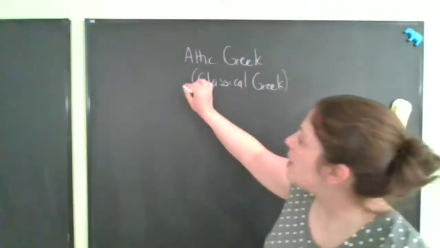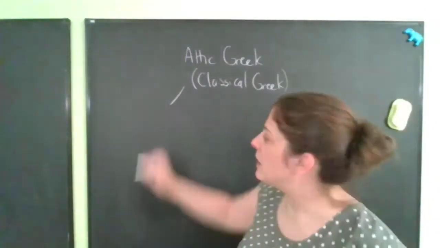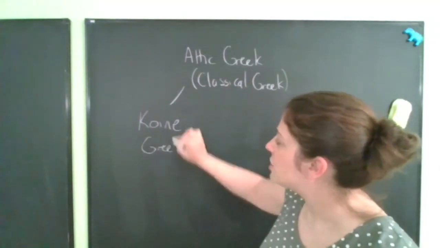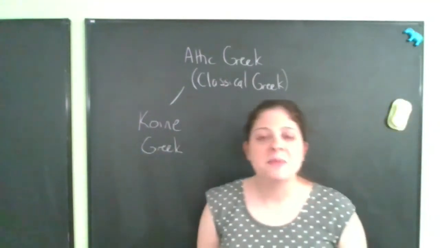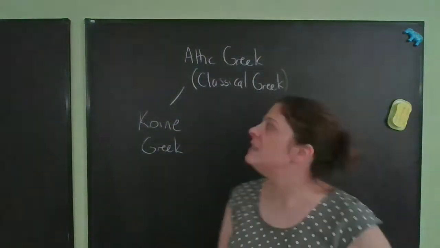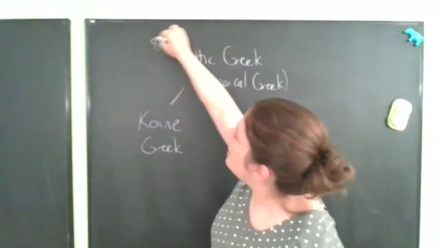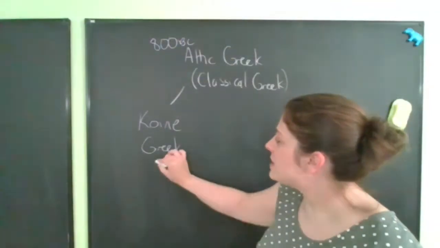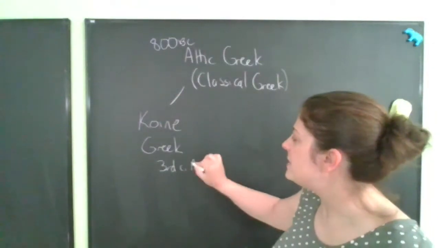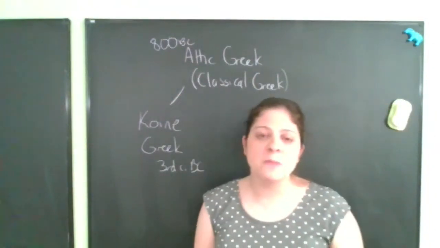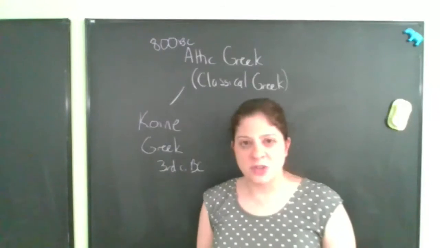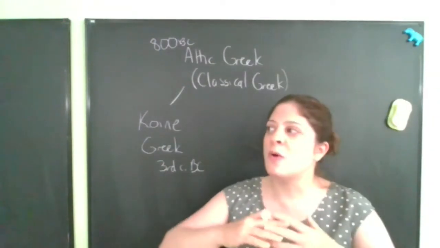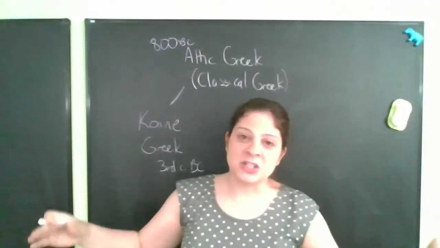Now, sometimes our words instead come from Koine Greek. Koine Greek is actually a sort of sub-dialect of Attic. Attic Greek develops by about 800 BC, while Koine Greek doesn't develop until about the 3rd century BC, when it comes into its own. And I think I mentioned this in a previous video, but Koine Greek means common Greek. And it gets its name because this is the Greek that was spoken by a very widespread population.